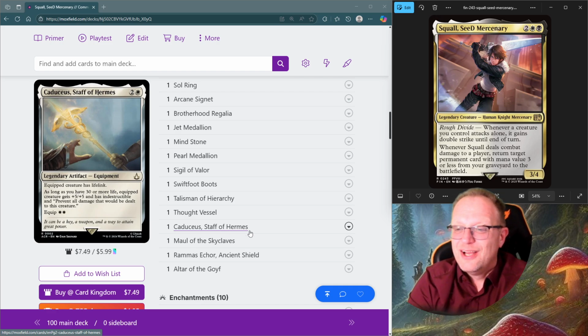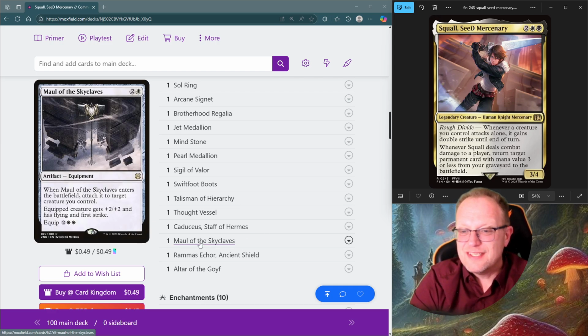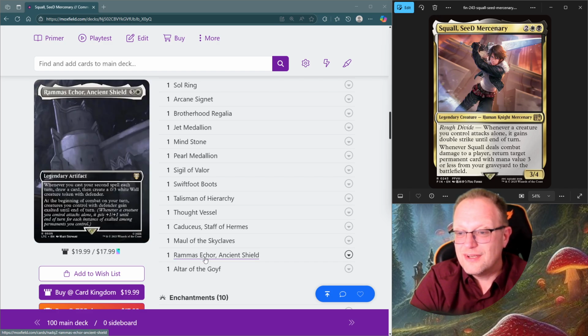Anyway. Maul of the Skyclaves just gives us another way to give it, when it enters the battlefield, we attach it to a creature we control. It gets +2/+2, flying and first strike, so it gives you a way to evade things using Squall. Ramos Echo Ancient Shield is here because this does produce a lot of wonderful defenders for us that have exalted,